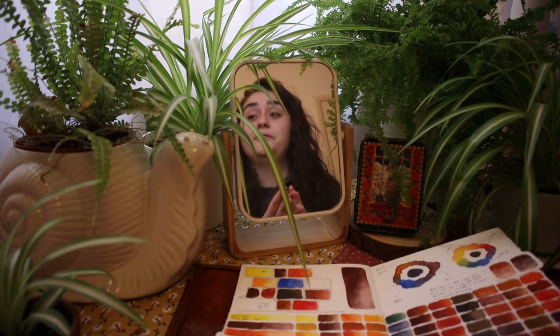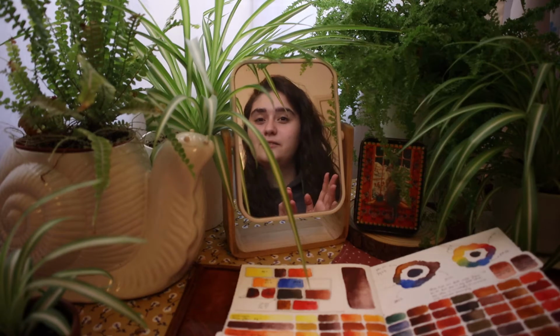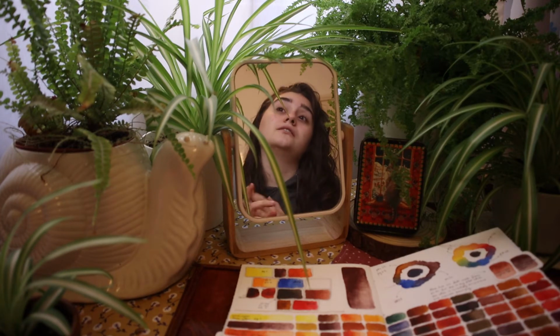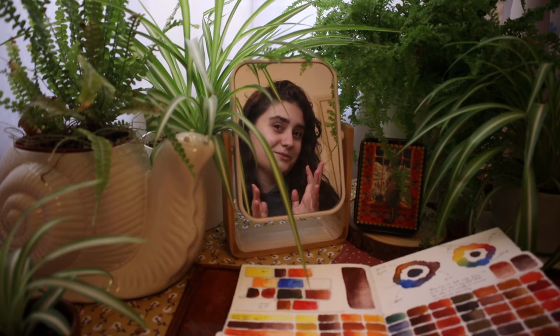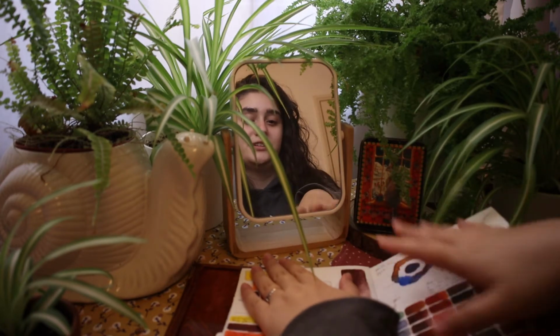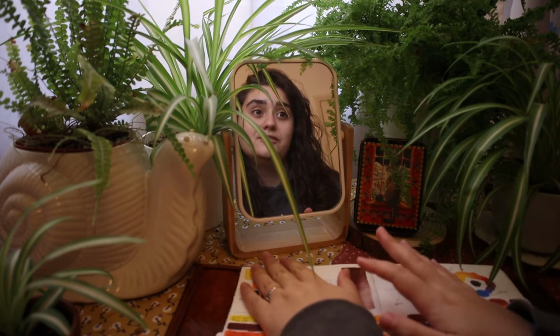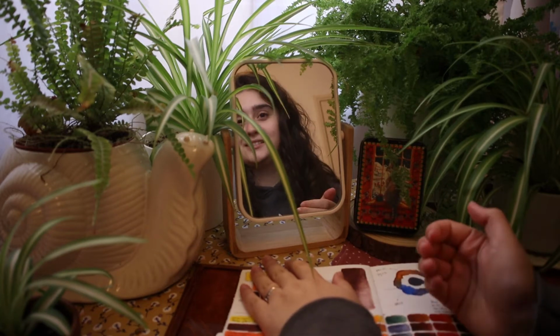Today I'm going to be doing another watercolor palette, a custom palette. I've done a green one and a pink one, and my favorite color is orange, so I want to do an orange palette. I mean, I've already done it. You can see a little bit on the frame here my page in my watercolor recipe book. You'll be seeing this later, but